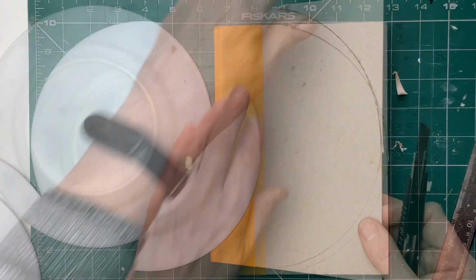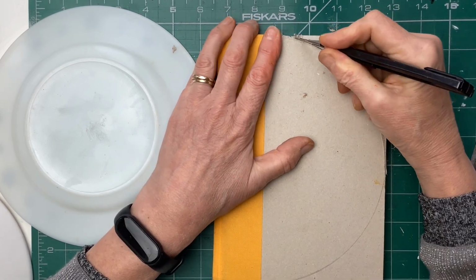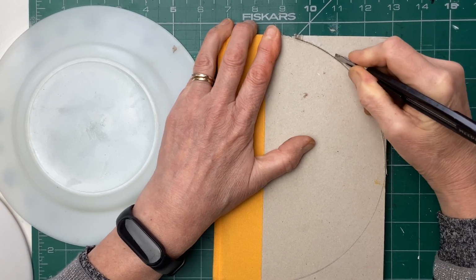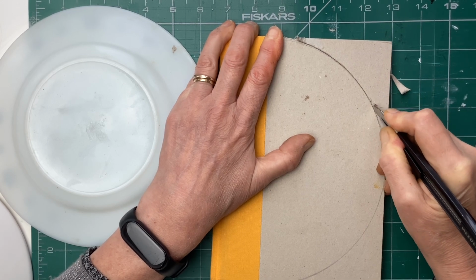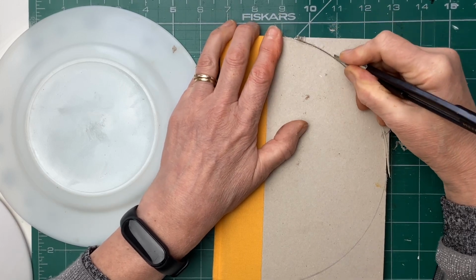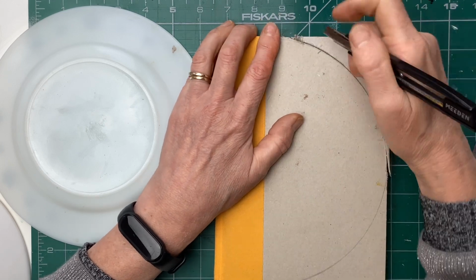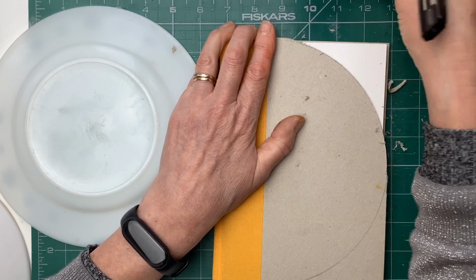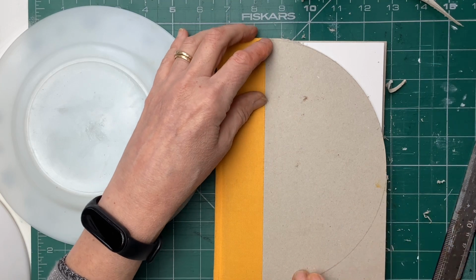Let's have a look. Once you've got that groove there, you may find it easier just to go into the groove and cut through. But again, just watch you don't slip. And I find it easier to cut a quarter at a time. Don't worry about the paper underneath, because we've got to cut all the paper. So if you go through to the paper underneath, don't fret about that. And there's my first quarter. And now I've got to do exactly the same here